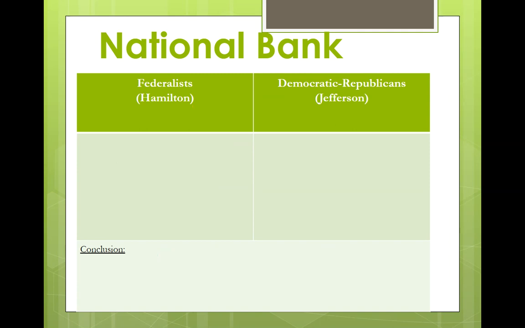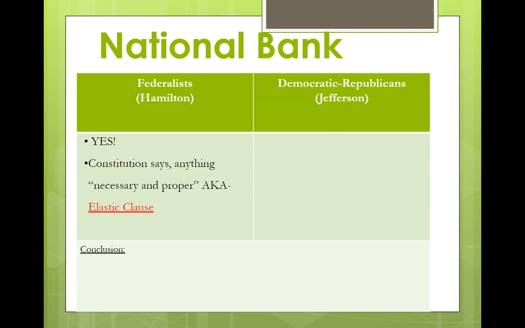The other problem that they had was the argument over the national bank. The Federalists, of course, favored the national bank. They said that the federal government had the power to have a national bank because they could use the necessary and proper clause, also known as the elastic clause, meaning that they could make the national bank sort of fit